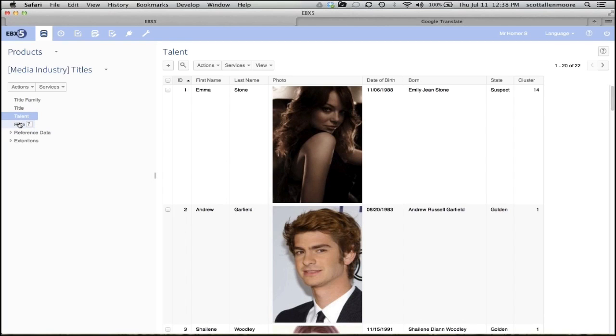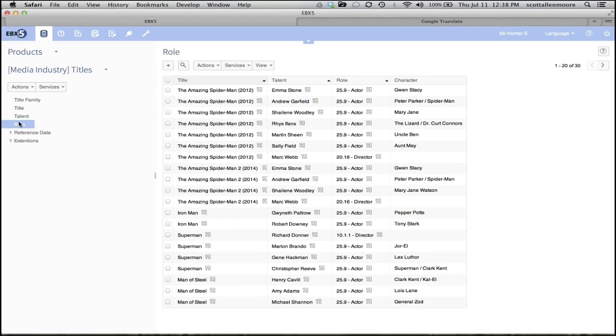These can be in different domains, but simply reference each other. For instance, the role will connect my titles to my talents, my actors and my directors, etc. Another powerful thing about EBX is we also dynamically create hierarchies. So you do not need to have separate copies of data or duplication of information.